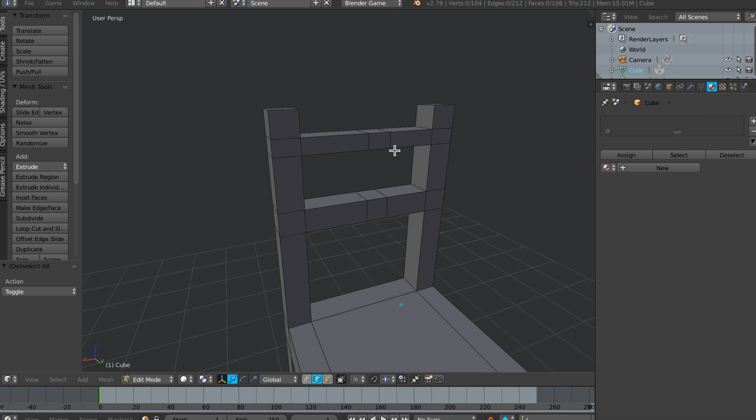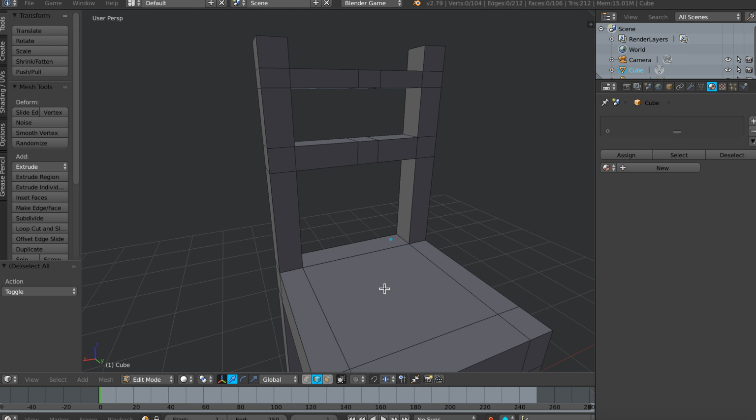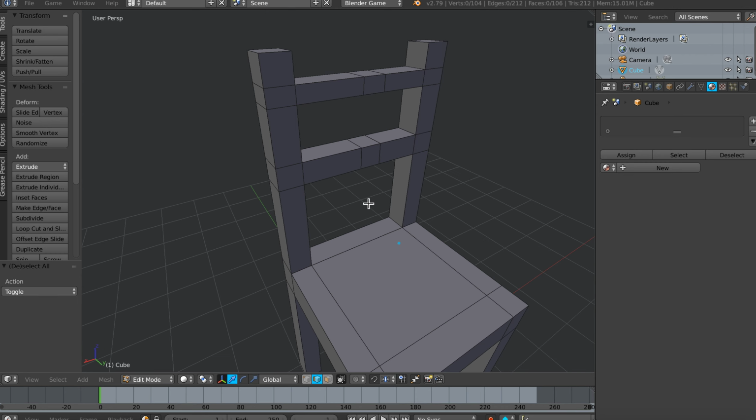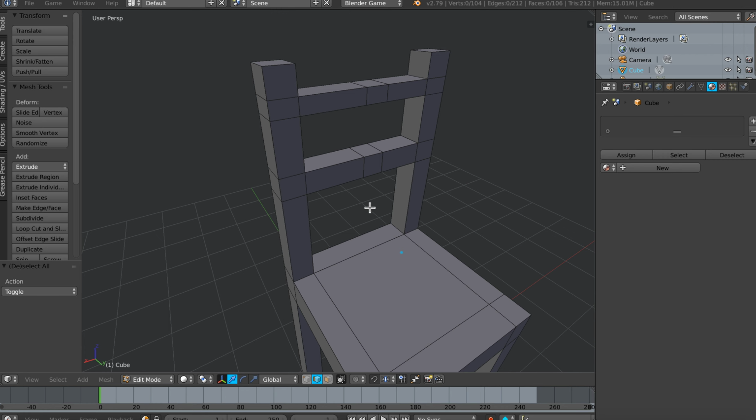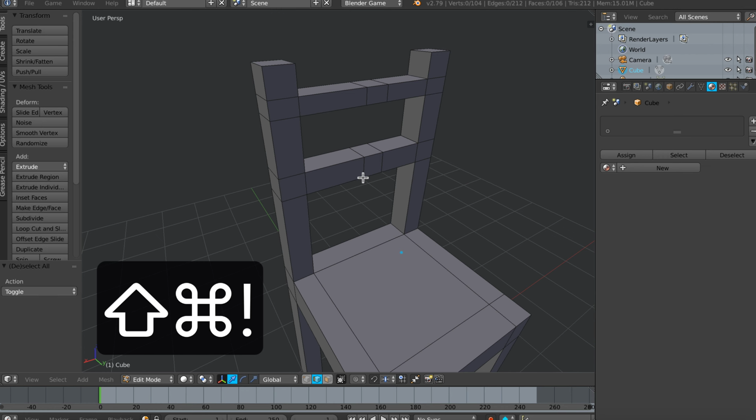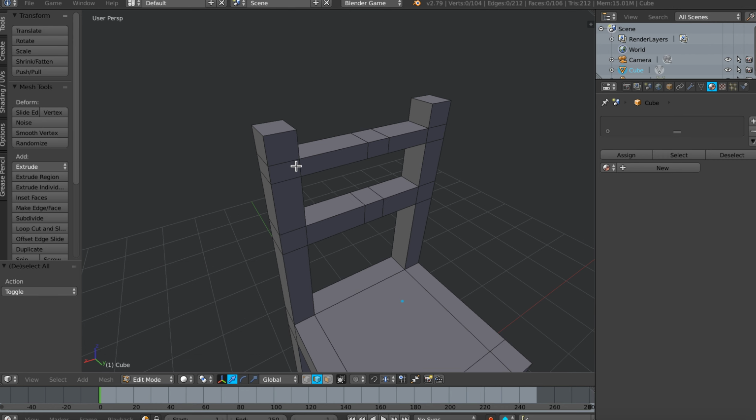Okay, so now all I'm missing now is a sort of a header up here, something that's a little bit bigger of a block, the headrest, and then I'll make the very simple little mat or cushion that you can sit on, and we'll do multiple materials. Alright, let's go ahead and do this. So I'm going to go ahead and I'm going to get back into face mode, and I'm going to select